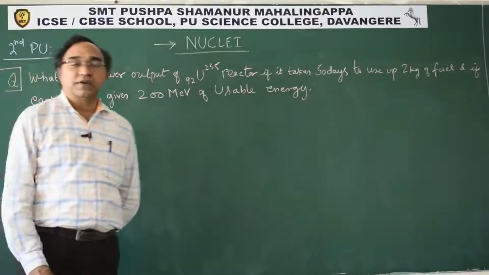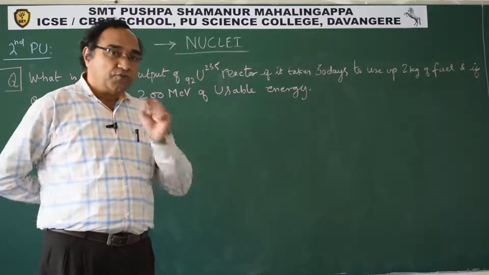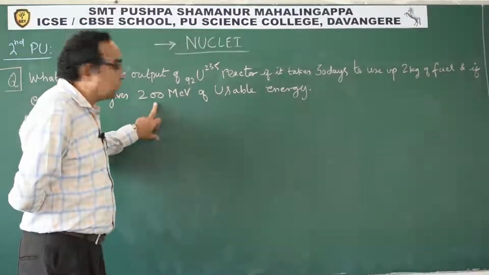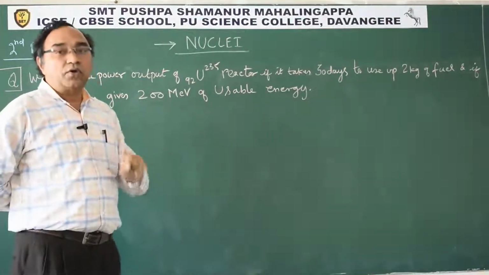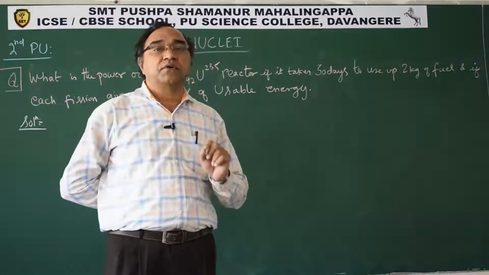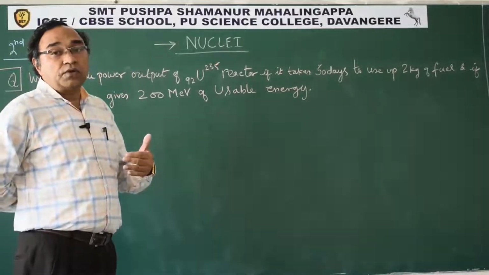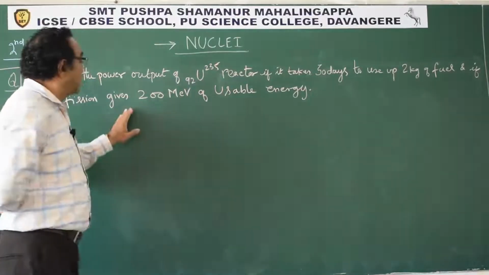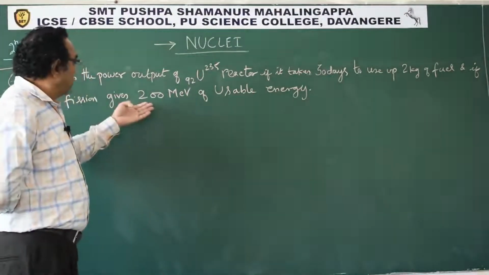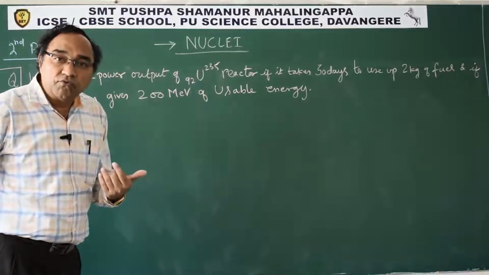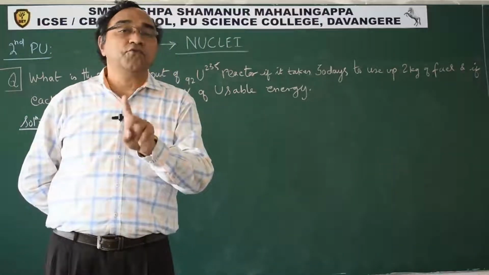One point you have to understand here, sometimes in these questions, just to check how much you have understood, this data is changed. Remember, here instead of using the standard value of energy released as a result of fission of 1 U235, which is 200 million electron volts, it may be given that each fission gives 180 million electron volts of usable energy, or 150 million electron volts of usable energy. So there, students, you have to use the data which is given. We are not supposed to use the standard data.